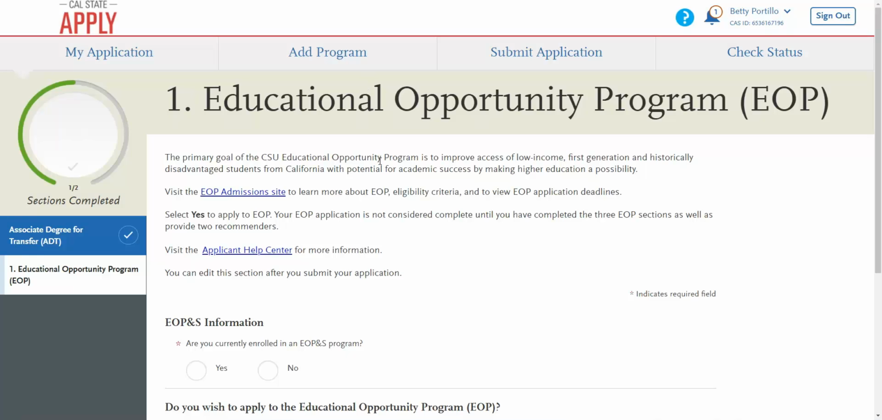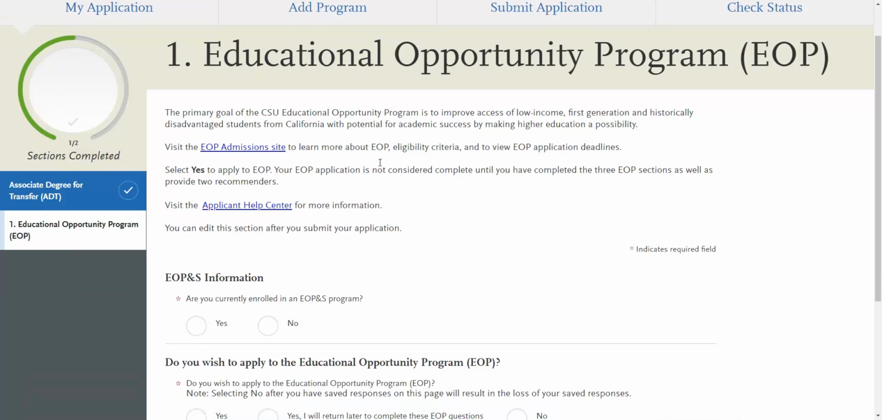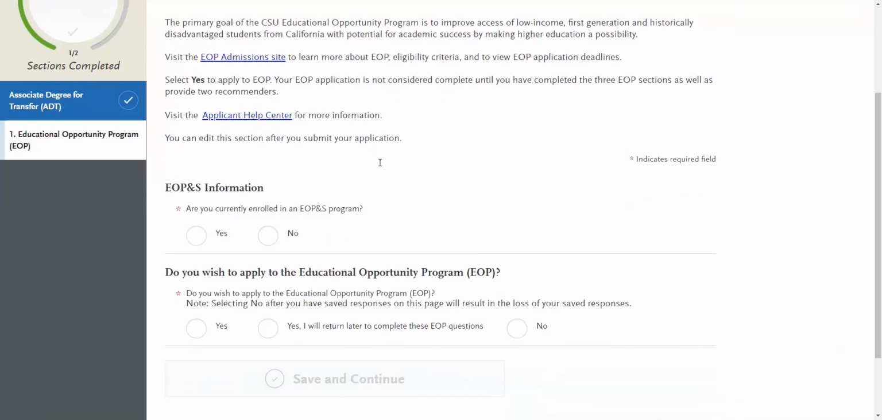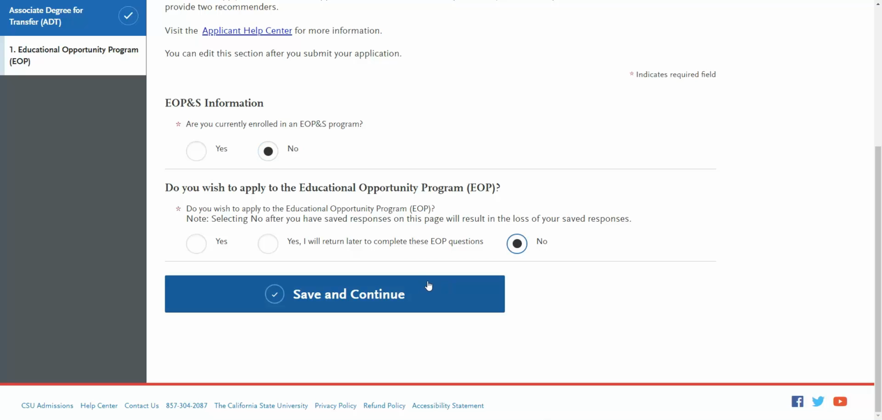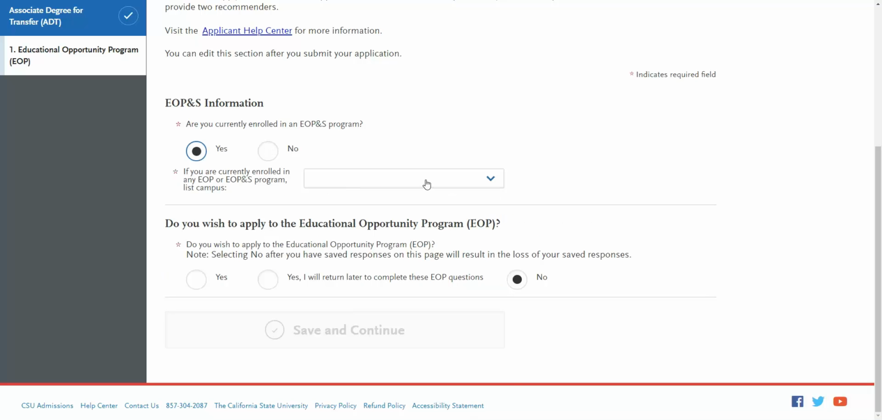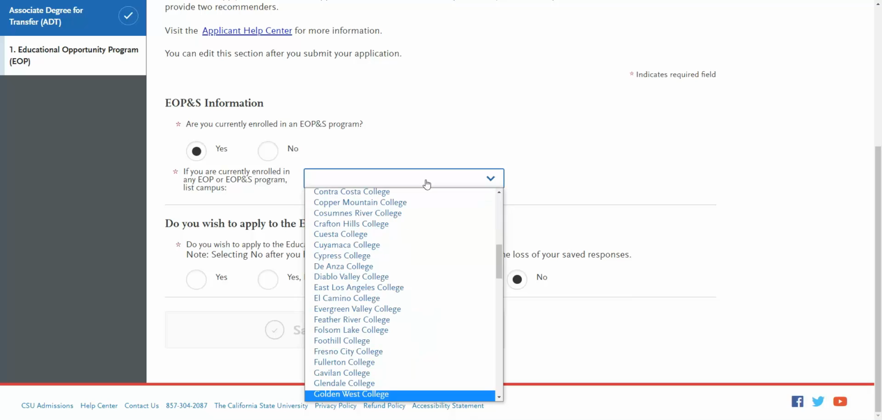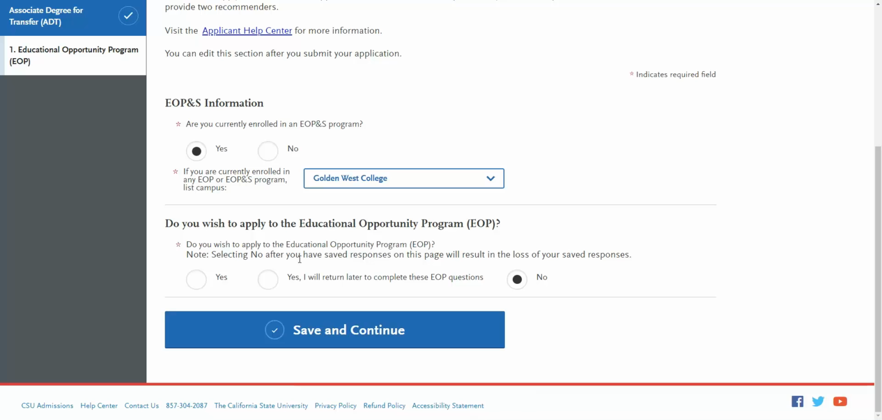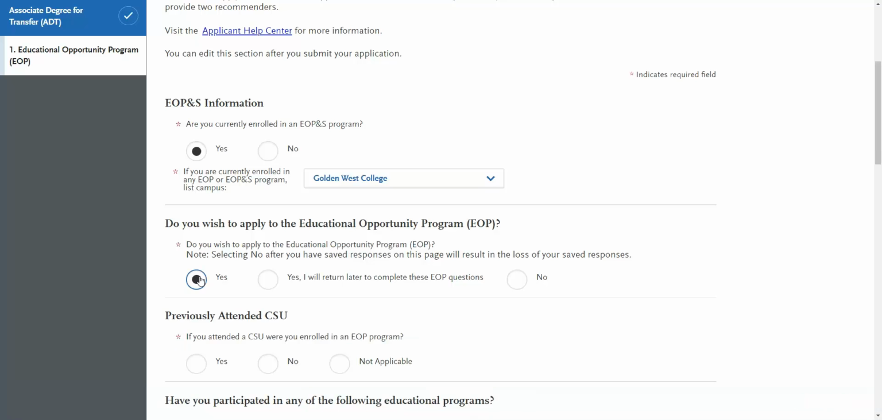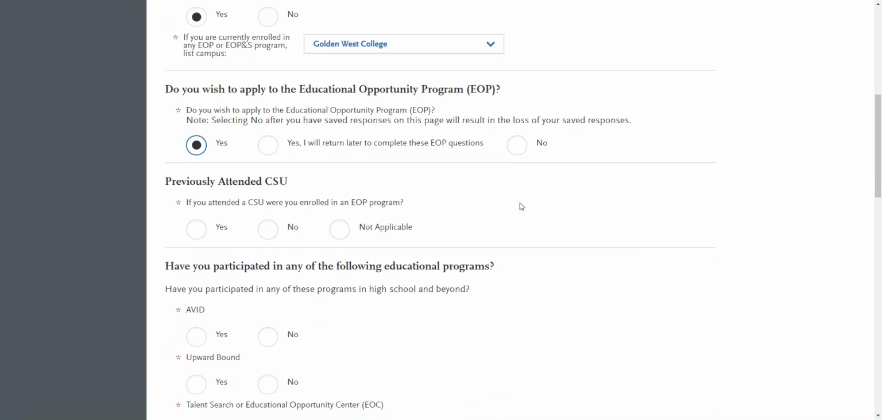This next page will ask about your interest in the Educational Opportunity Program. If you are not interested and are not participating in EOPS at Golden West College, select No and save and continue. If you are a current EOP&S student, select Yes and enter the campus where you're enrolled in the EOPS program. If you wish to apply for the similar program at the university, select Yes here and additional questions will